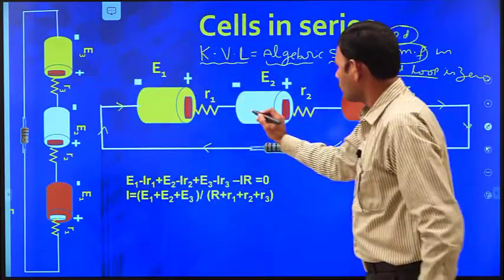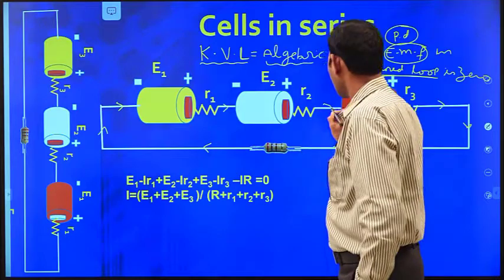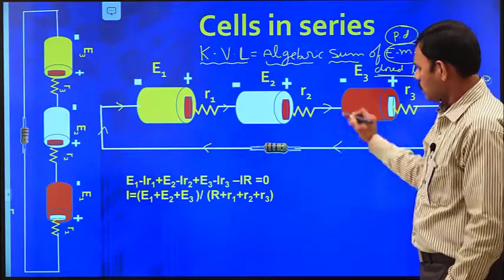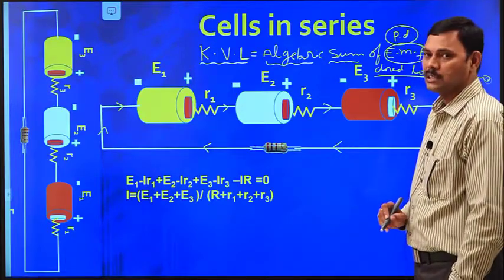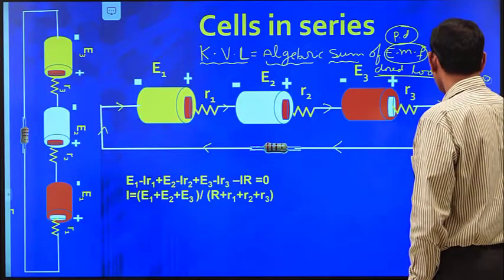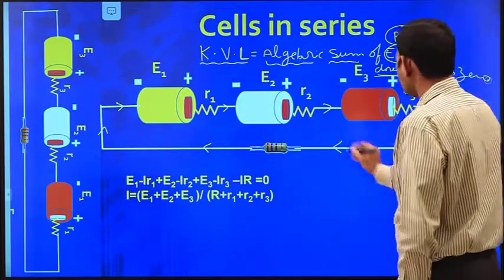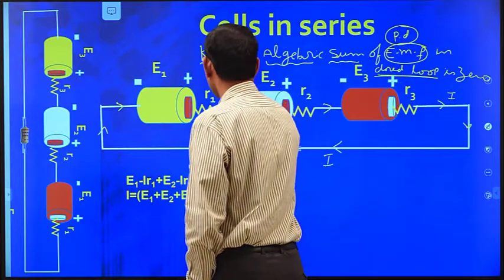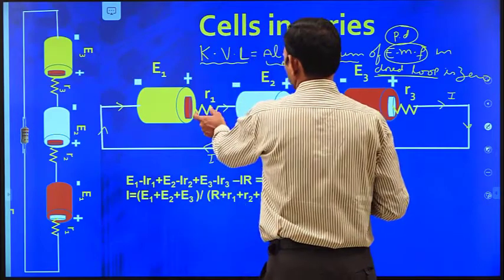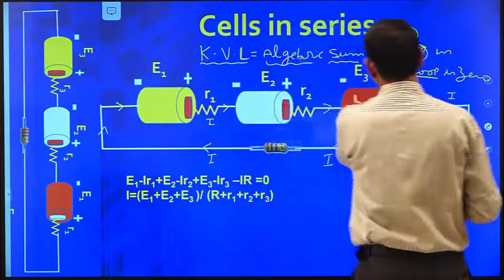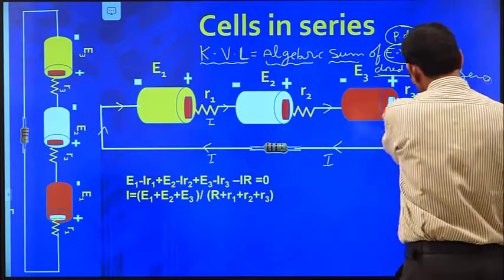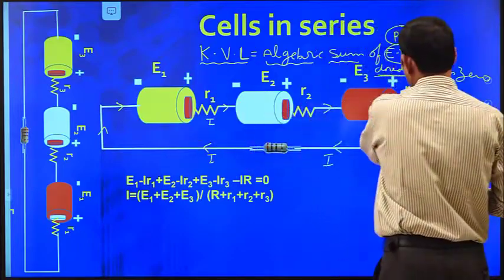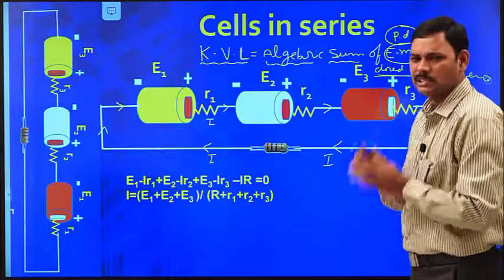See, throughout the circuit, in this loop, I put arrow marks everywhere. Students, let us see this image. I am drawing the direction of flow of positive charges, the conventional direction of current. Let I be the current passing. Because all are in series, the same amount of current must pass through each one: through this resistor, this cell, the second resistor, the third cell, the third resistor, as well as through the conductor, and through all elements of electric devices in the circuit which are connected in series, the same amount of current passes.